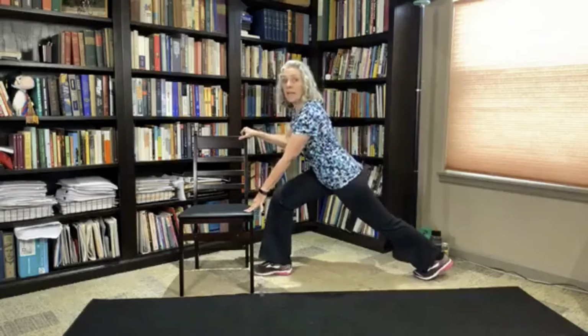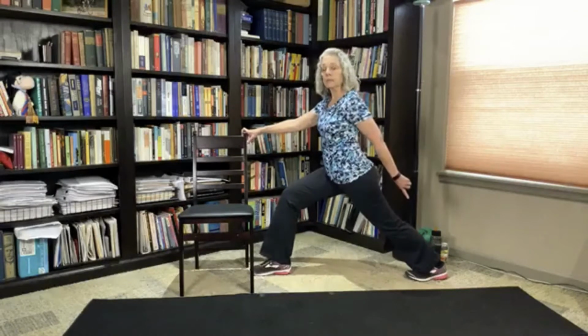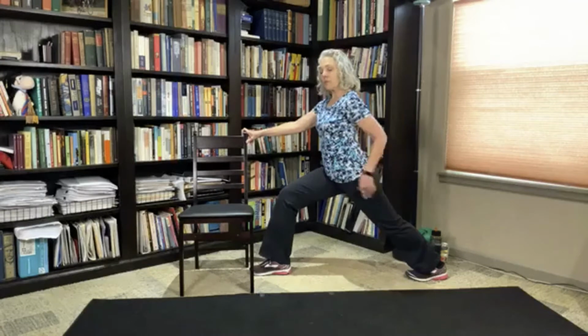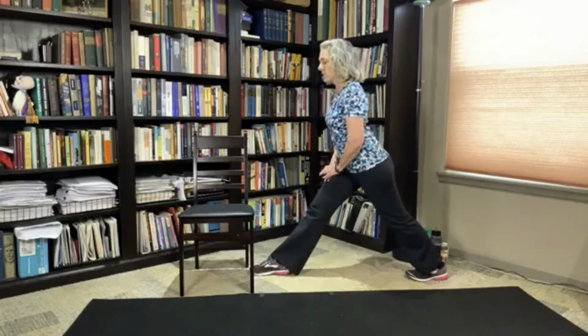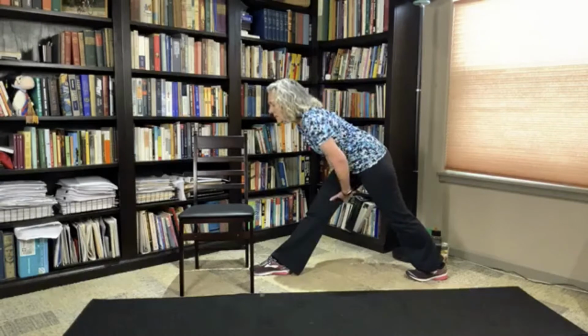So now my left leg is back, okay? And I'm going to get that heel down. Bend that front knee. So a calf stretch, you're going to feel it in that quadricep and that hip flexor there too. Straighten your front leg, and we're just going to hinge forward for that stretch into the hamstring here,